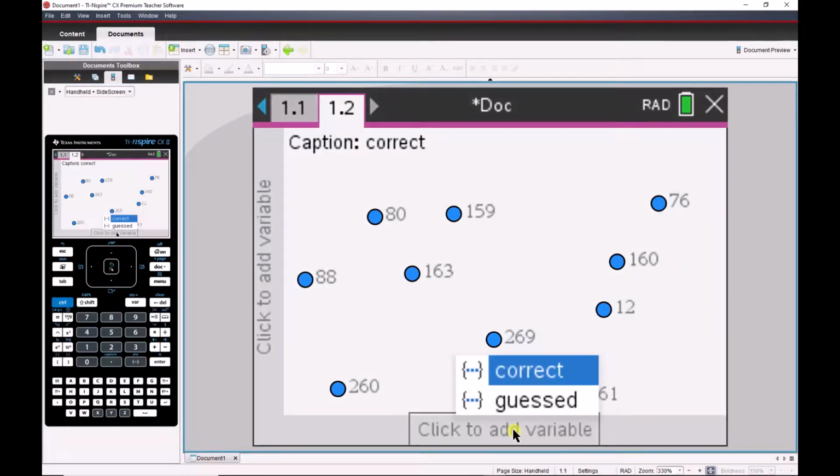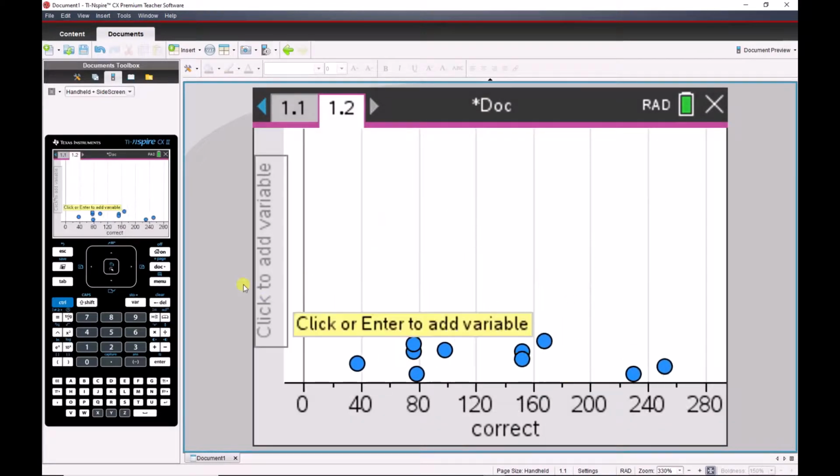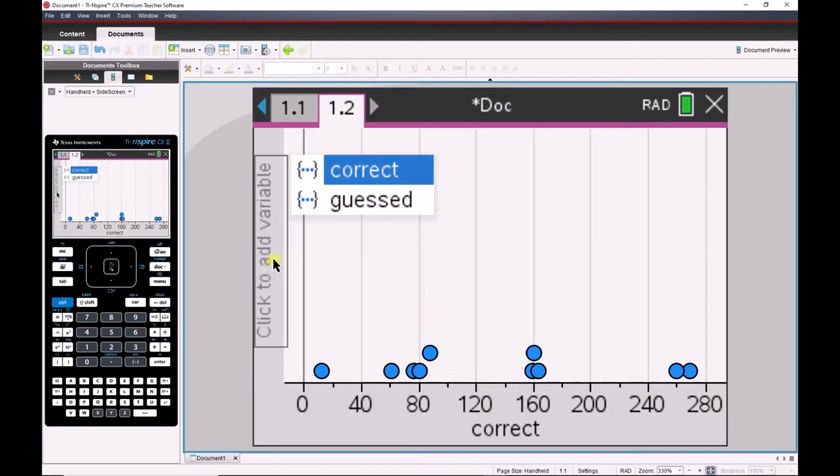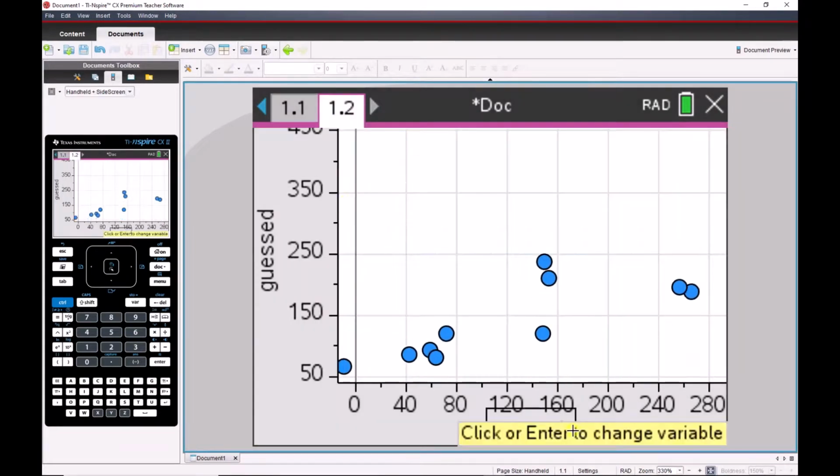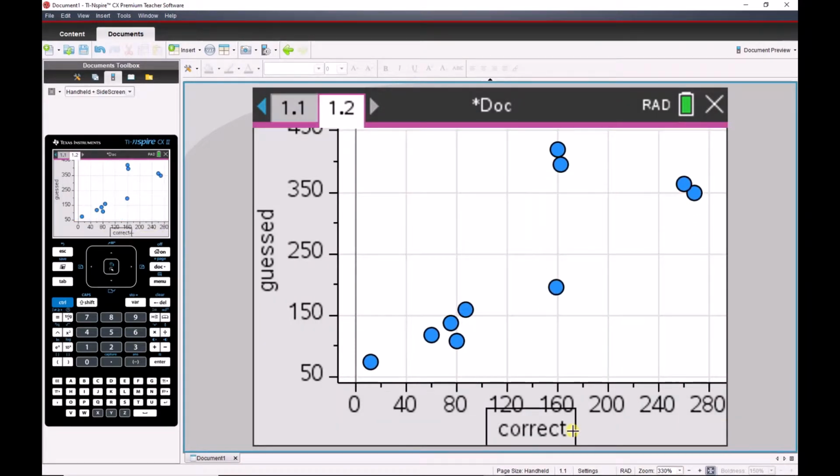We want the correct calories to predict the guessed. And looking at this, it does seem to line up this way, and it's not super strong. Now, you might look at these two and say, whoa, these guys may be outliers, because if you picture a line through here,